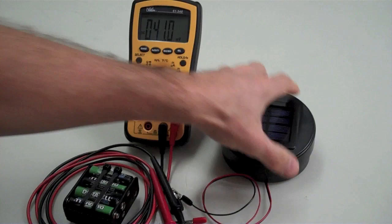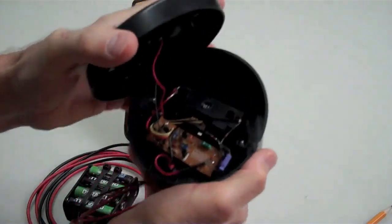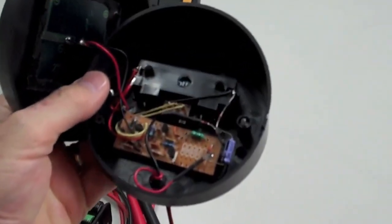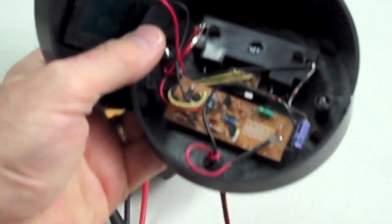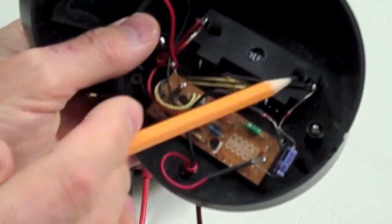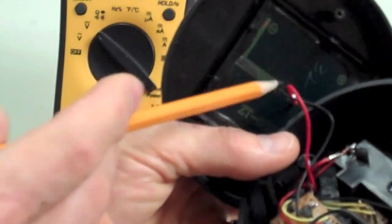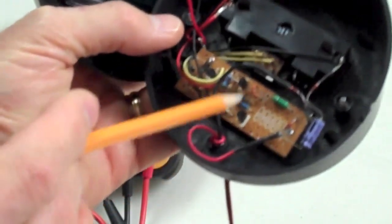So anyway, you start with that, and first thing you want to do, let me see, maybe I can zoom in a little bit here for you if that helps any. Again, this camera is not the clearest of all. Okay, so there's the battery holder there for the single AA. Here's the solar cell, and the 2 leads, positive and negative, coming off of it onto the little circuit